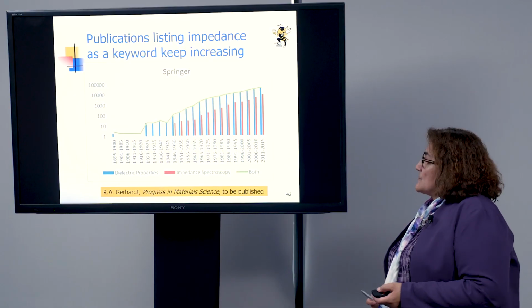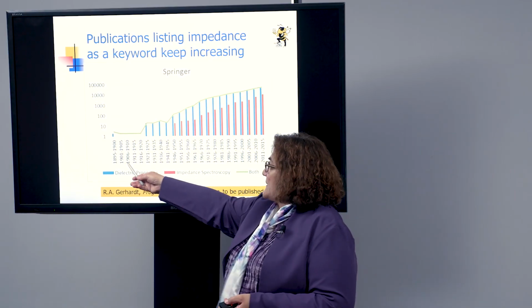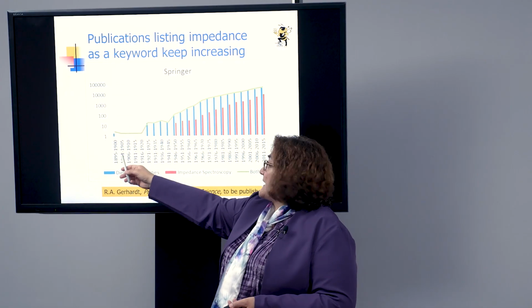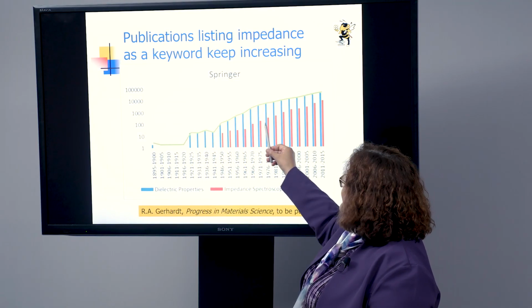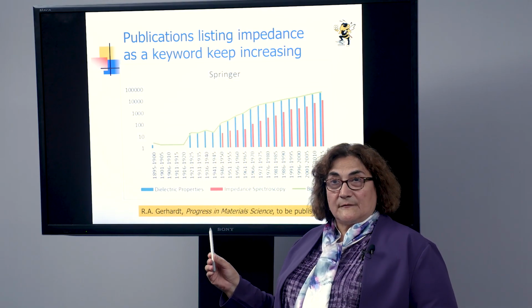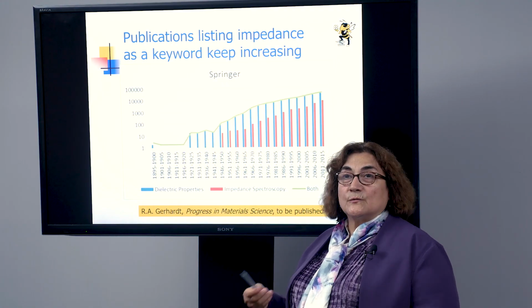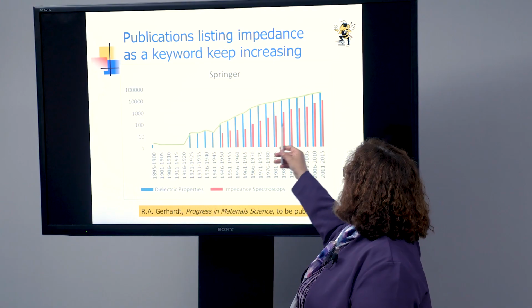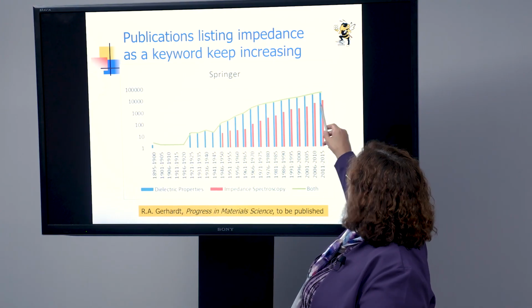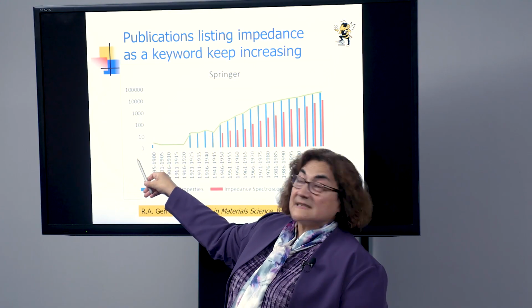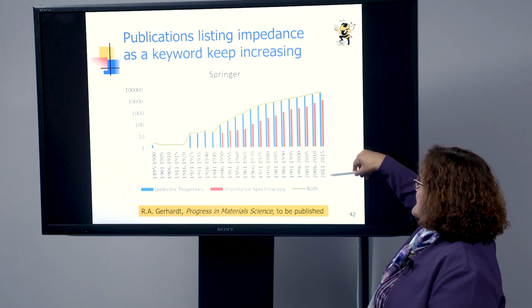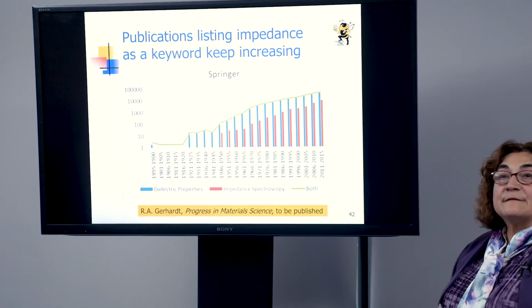So this is just to indicate, dating back to the 1800s, we don't have that much data, but it's mostly on dielectric materials. But as you can see, 1950 is when impedance spectroscopy started taking off. And it's in the 70s, when computers really came about, that made it possible for us to do all of the transformations that we can easily do. And even though this doesn't look like a huge increase, the reason is that this is a log scale. And this has only been summarized up to 2015. Of course, when we hit 2020, I expect that to be